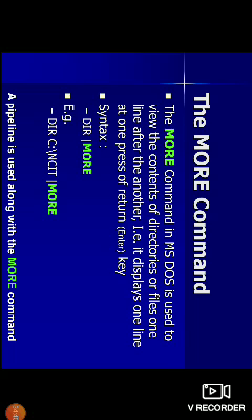Next one is the more command. The more command in MS-DOS is used to view the contents of directories or files one line after another. That is, it displays one line at one press of the return, that is, the enter key.